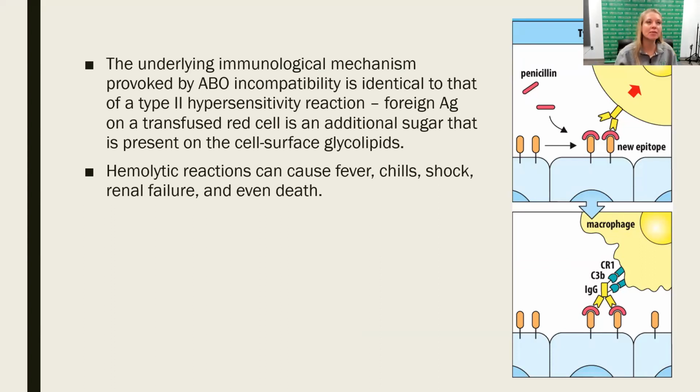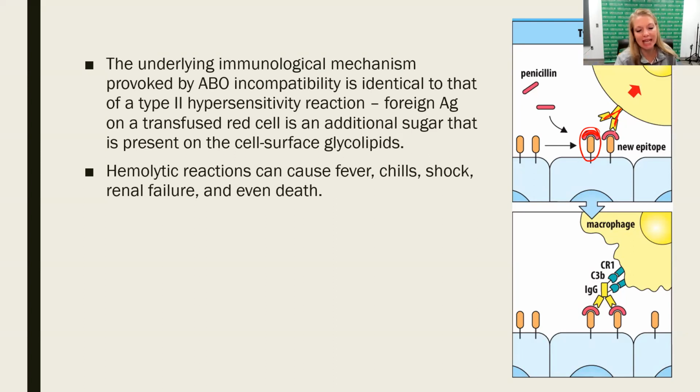So the underlying immunological mechanism provoked by ABO incompatibility is very similar to what we saw with a type 2 hypersensitivity. Recall that a type 2 hypersensitivity is antibody mediated, and it's when an antibody recognizes an altered self-protein. Now, that's not quite what happens with ABO incompatibility. Instead of having an altered self-antigen, we end up having a totally different antigen on the surface, which is non-self, but it's still antibody-driven,